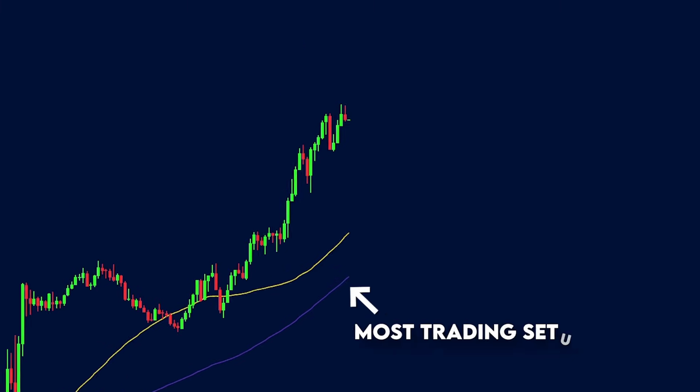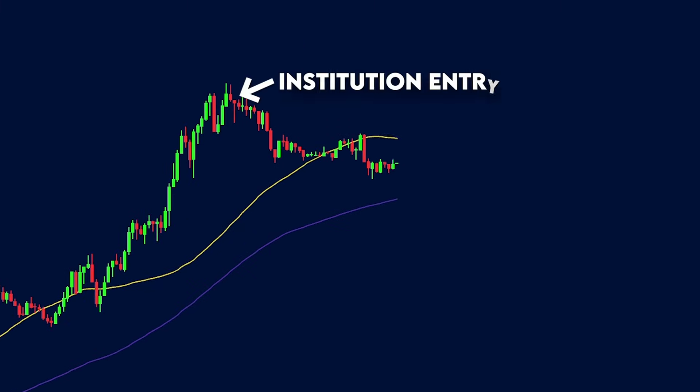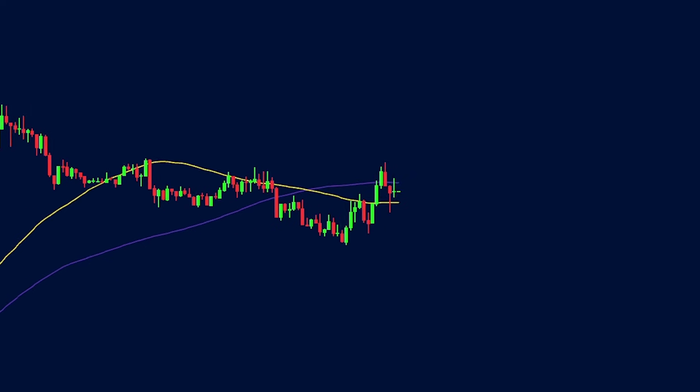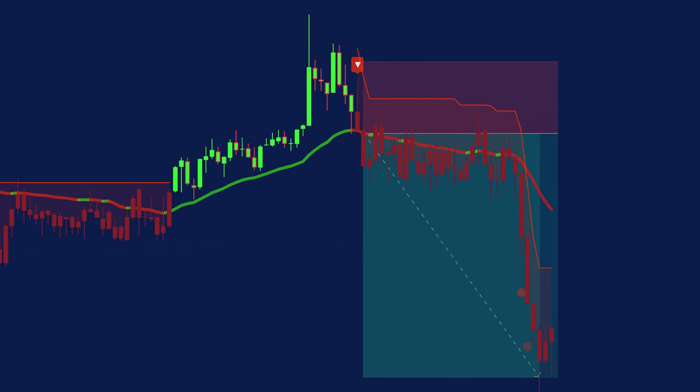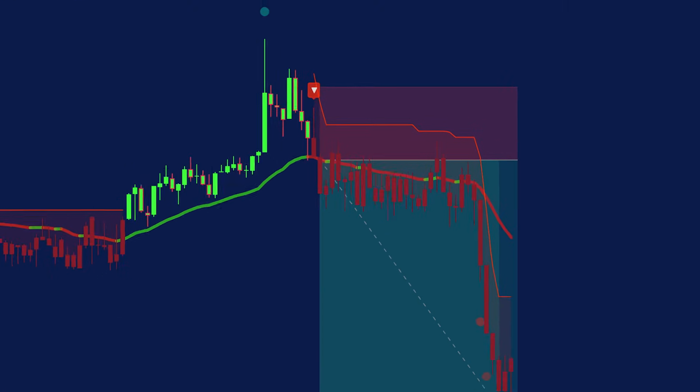You know what's wrong with most trading setups? They show you trends, but miss the exact moment institutions flip the market. So by the time your indicators catch up, smart money has already positioned against you. And that's exactly why you need to see this powerful combo that doesn't just follow trends, but reveals where forced